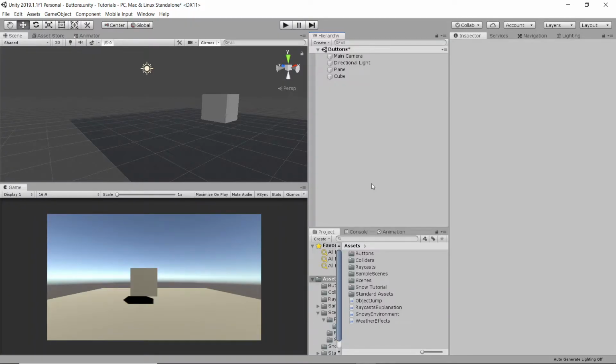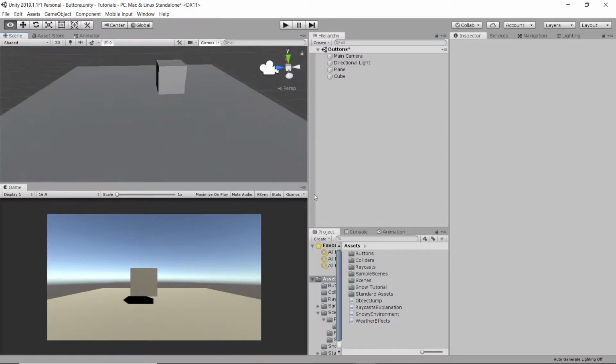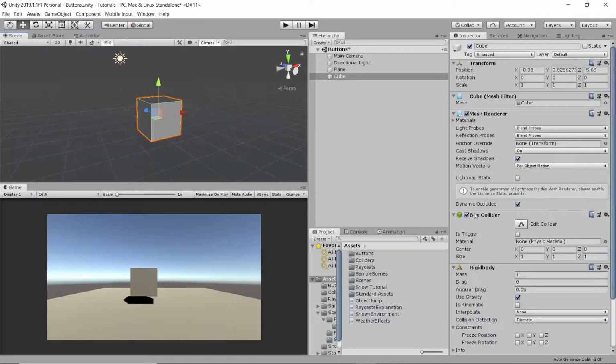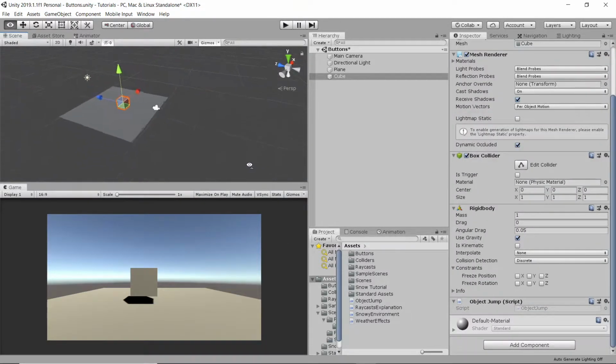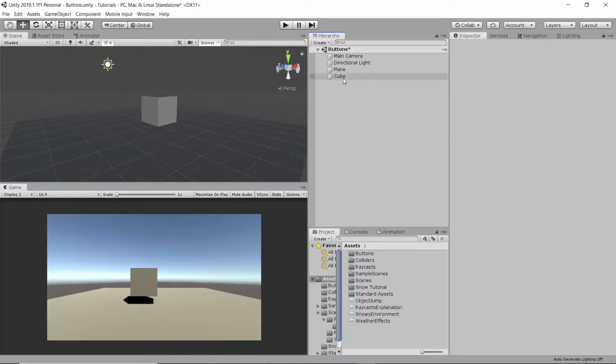Alright guys, what's up? Today I'm going to be showing you a very simple tutorial on the very basics of buttons. The first thing I'm going to do, actually what I've already done, is put a plane and a cube with a rigid body and a collider into a default scene. I'm going to show you how to call functions from buttons, which is basically all you really do with buttons. So first we're going to need to write the function that we're going to call from the